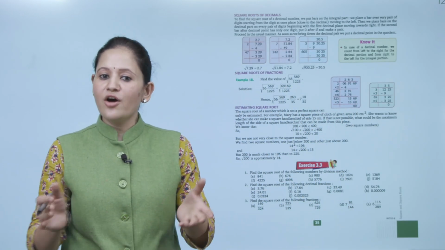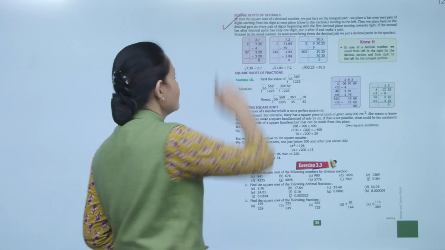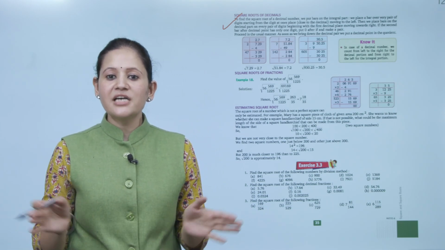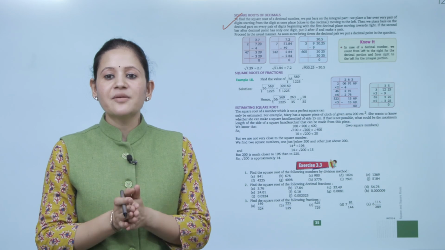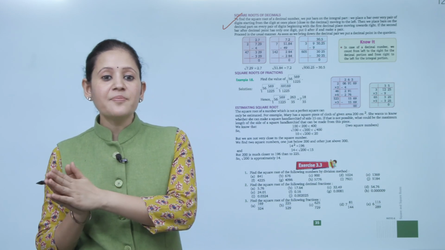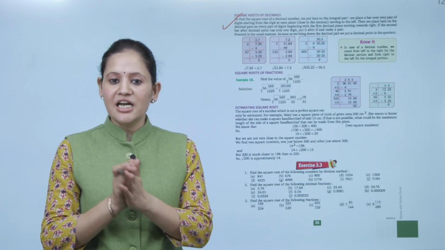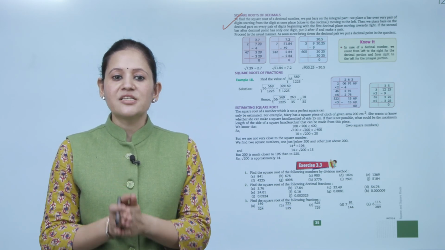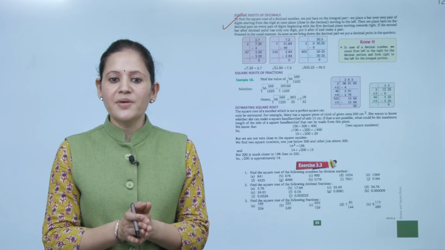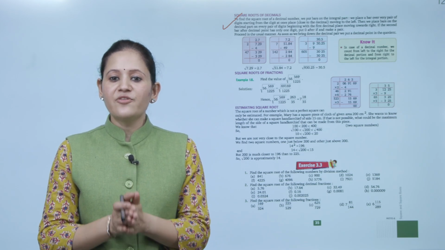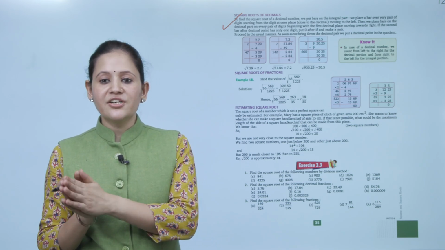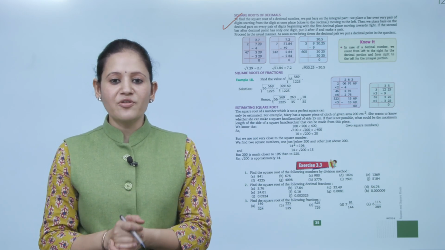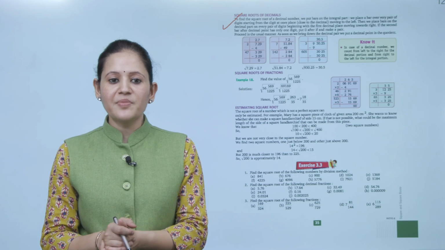Next is square root of decimals. To find the square root of a decimal number, we put the bars on the integral part. We place the bar over every pair of digits starting from the digit at ones place close to the decimal, moving to the left. Then we place the bar on the decimal part over every pair of digits, beginning with the first decimal place moving toward the right. If the last bar after the decimal point has only one digit, we will put 0 after it and make it a pair.